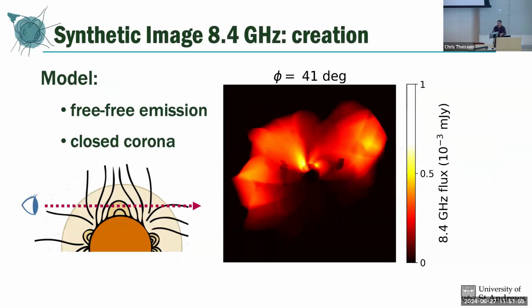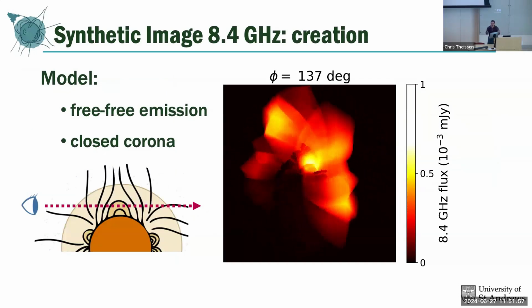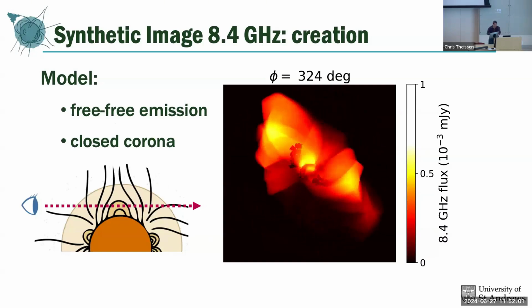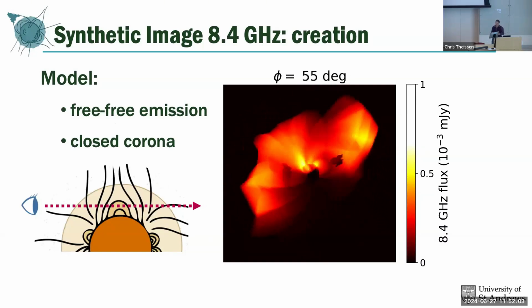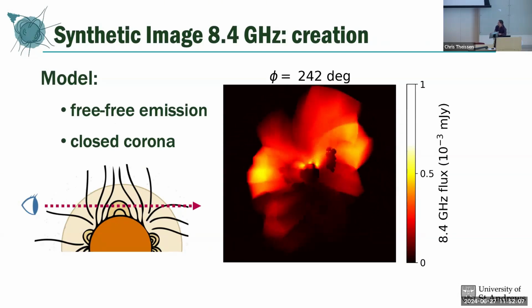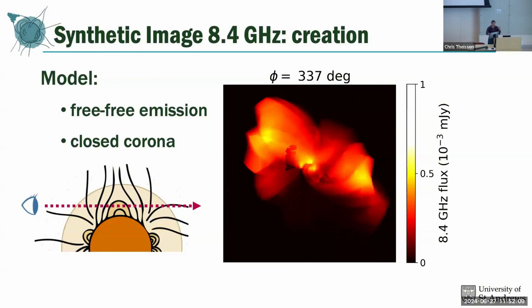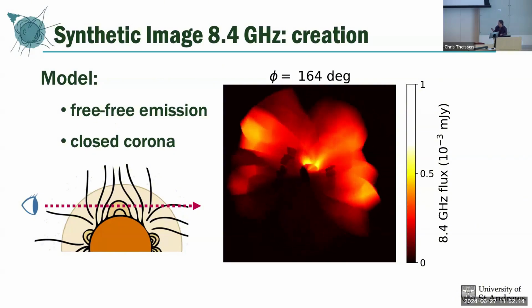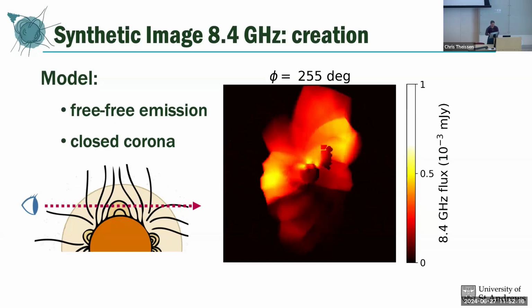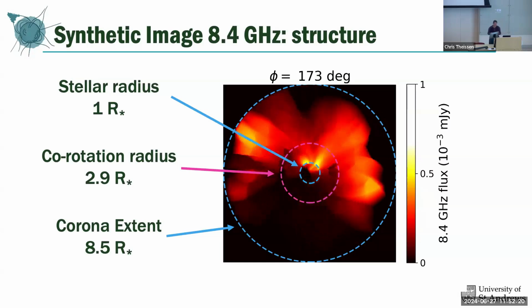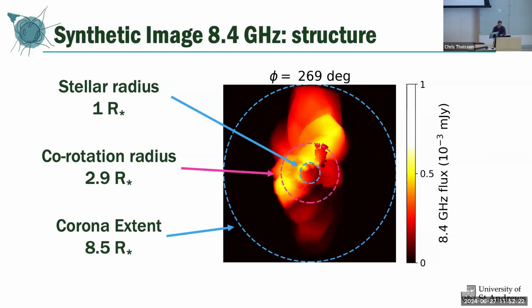So to do this, I rotate the model to the desired viewing angle and then take sight lines through it, modeling the quiet background radiation. So here I take into account the opacity and the free emission, and then we get something like this rotating two-dimensional image. And here I've annotated it with our boundaries, the stellar radius and the corona extent, and also the